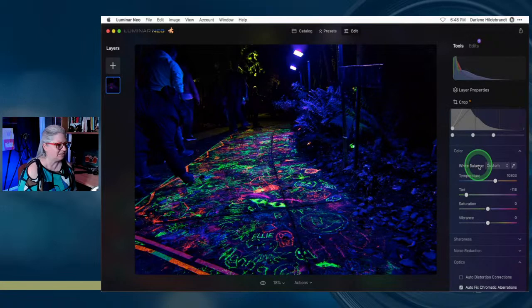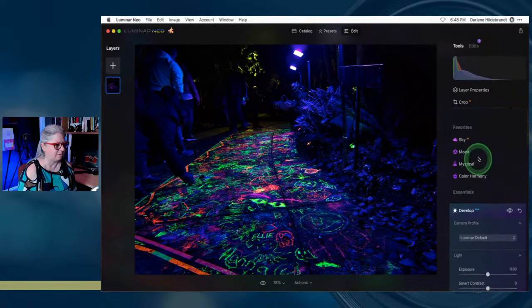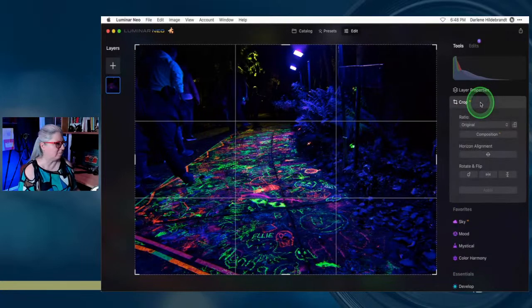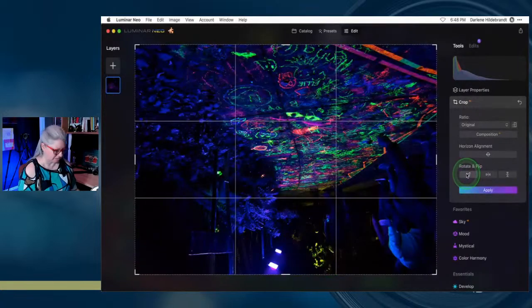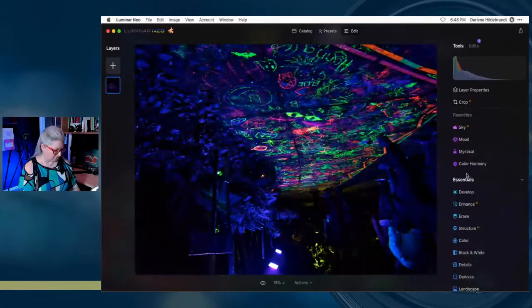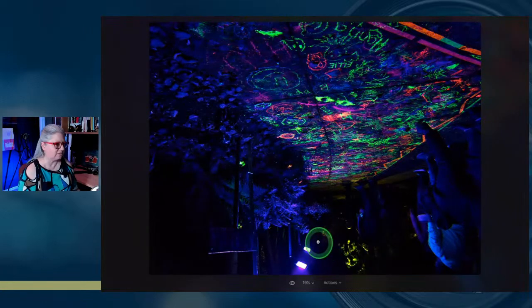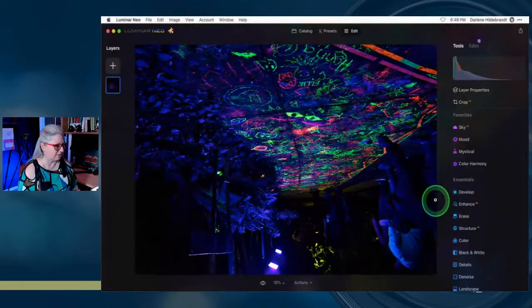Okay, now let's see what we can do with cropping because it's tilted, but do we care? I mean, it's kind of like a weird abstract-y thing anyways, right? These lights bug me, to be honest. That's what's taking your eye. And if we look at the picture upside down, which is my upside down trick, your eyes are going to go directly to these lights and this tree here as well. Okay, so the easiest way to fix this